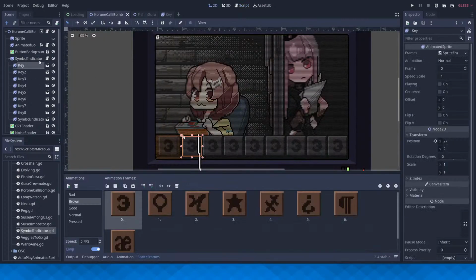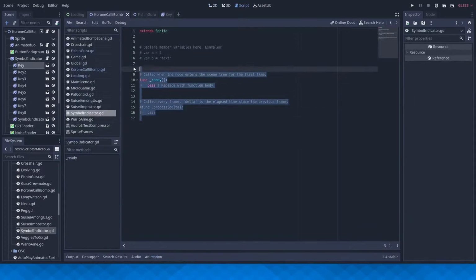So, firstly, we need to select a random symbol for the symbol indicator, and then from there, we should randomly select a key for that symbol to go on, and then give the rest of the keys random symbols that don't matter. But they should probably be unique, actually. Okay, so better idea, since we only have 8 symbols, we can just give the symbol indicator a random sprite,